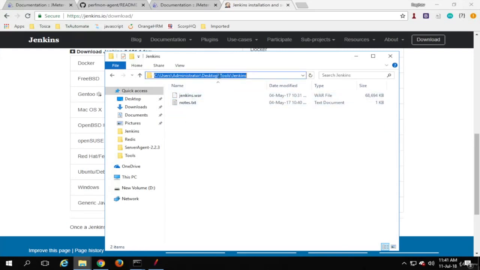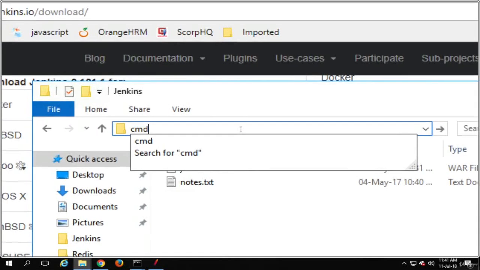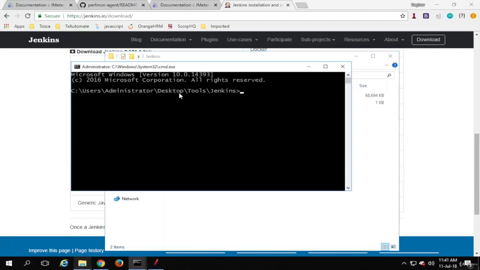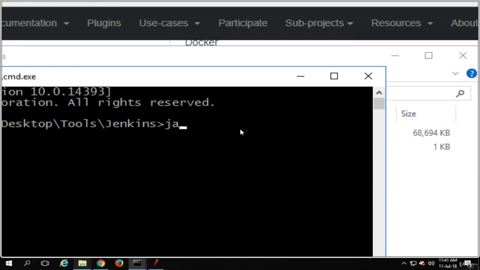So you can go to your command line and go to this folder. The shortcut is I will just say CMD on the address bar and press enter. So this will start the command line in the same folder, and here I have to say java -jar jenkins.war, and if you press enter now, it will start on the default port, which is